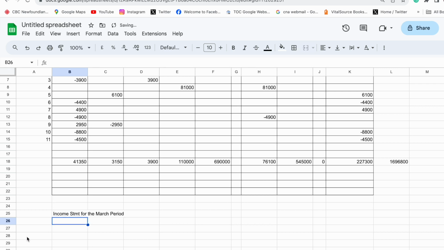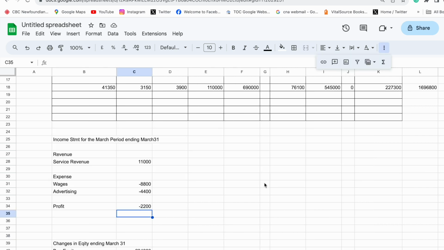Okay, and that ending March 31st. So what do we got in terms of revenue? Well, if we think about our revenue, we had a service revenue in terms of all the ones that affected our revenue. So if we look now at our income statement for the period, our revenue, we had service revenue of